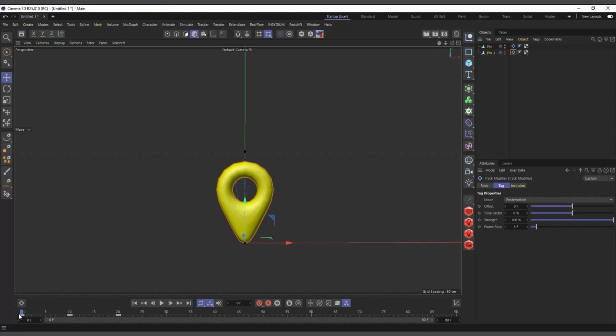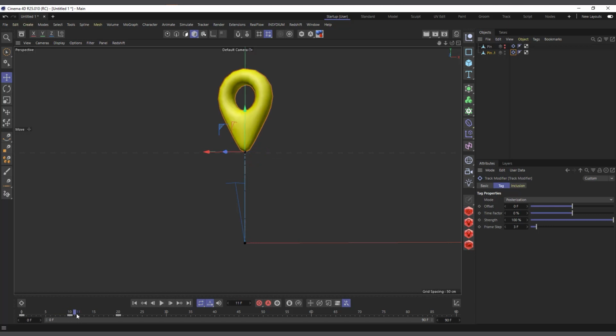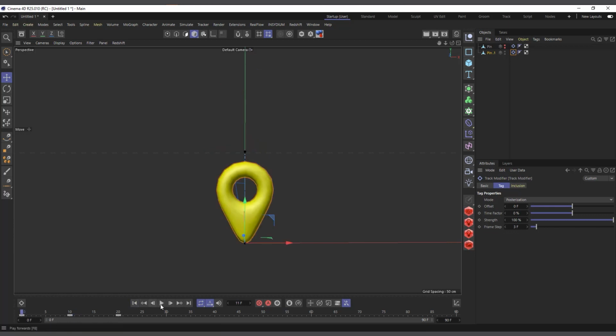From frame 0, 1, 2, it will not move. Now from 3, it starts moving. From 3 to 5, it will not move. Then 6. So basically it gives it that jumpy feel, like a stop motion. That's what the frame step does, and it's a very interesting and nice way. So you can actually use it to do a stop motion kind of animation. So if I set it to say 4, right,